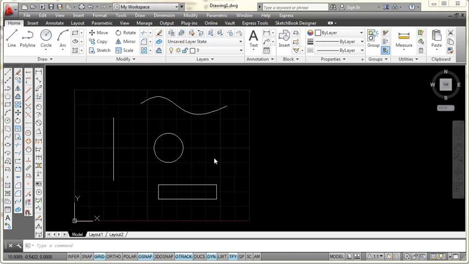In this video I'm going to talk about using the offset command. As you can see on the screen, I've drawn four entities. I have a vertical line, I have a spline, I have a circle, and I have a rectangle. And I'm going to use the offset command to create copies of all of these entities, and each copy that